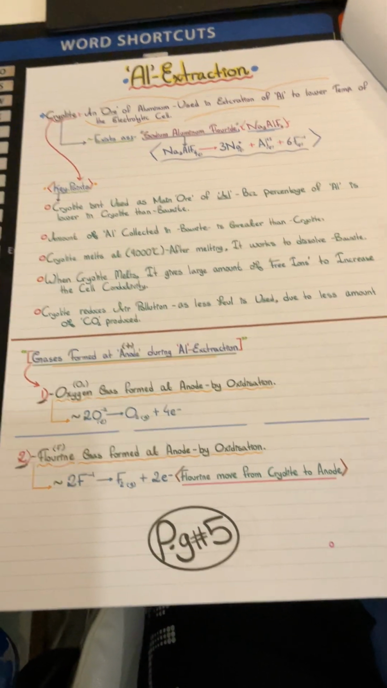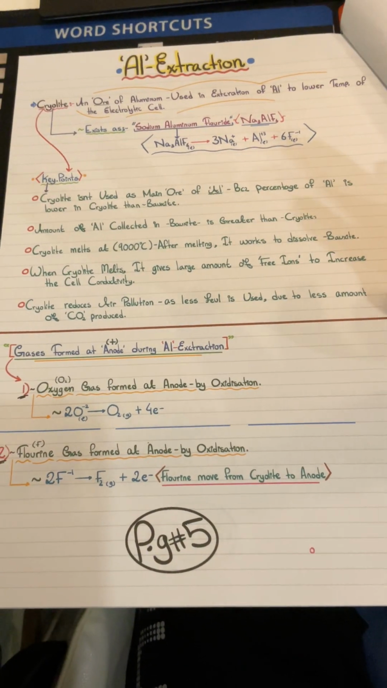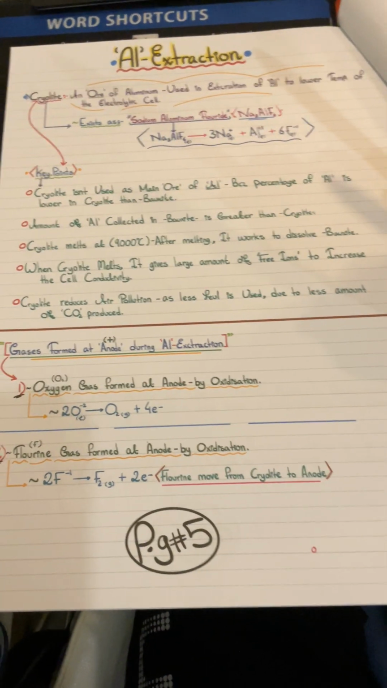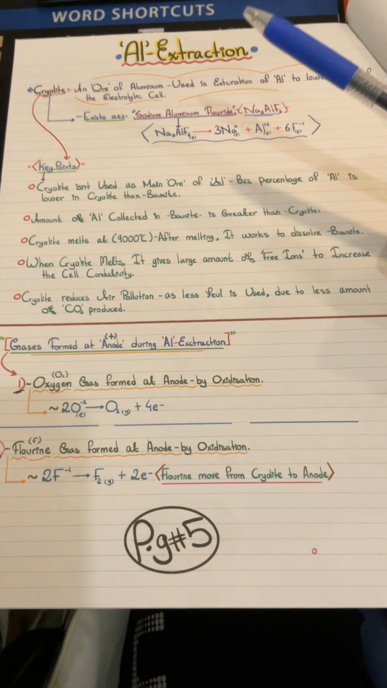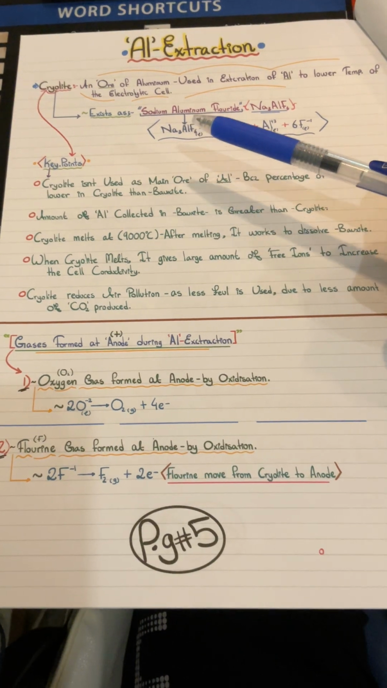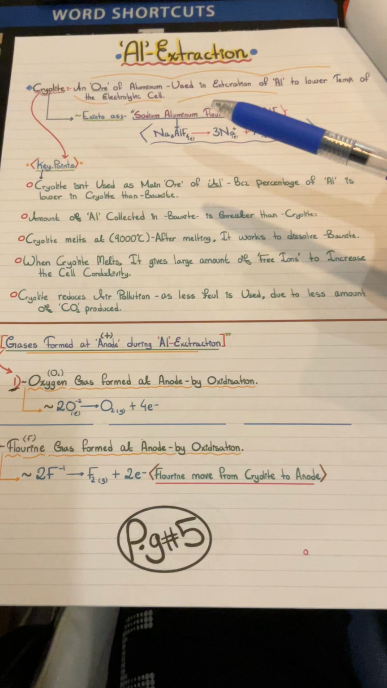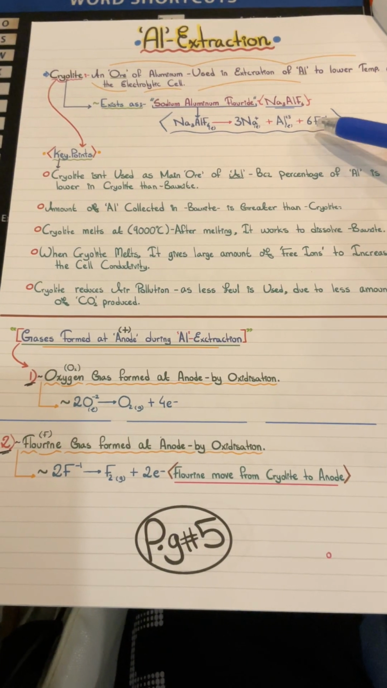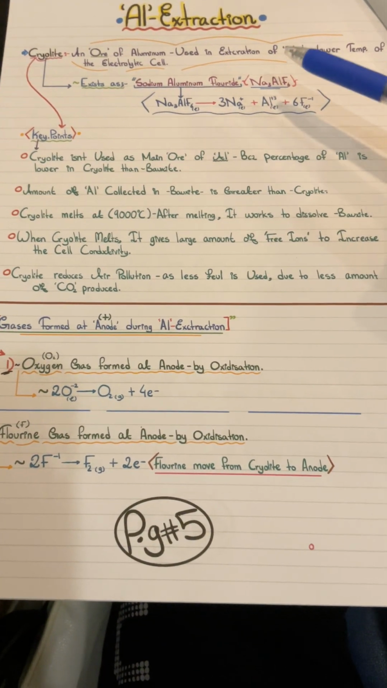Now I just want to take a brief look at cryolite, okay, which is the other ore we mentioned during the process of aluminum extraction. This is the ore that we use to reduce the melting point of aluminum in the extraction of aluminum. The cryolite exists as sodium aluminum fluoride, Na3AlF6. Na3AlF6 is decomposed into 3Na plus Al3+ plus 6F-, where sodium is liquid, aluminum is liquid,